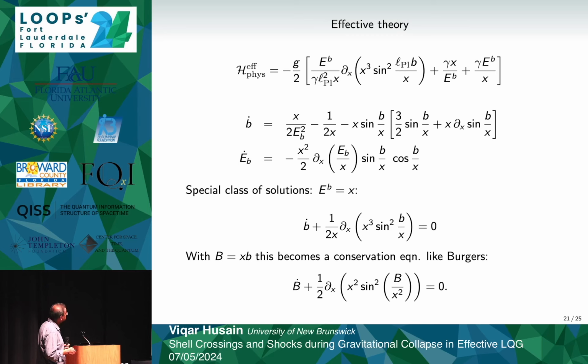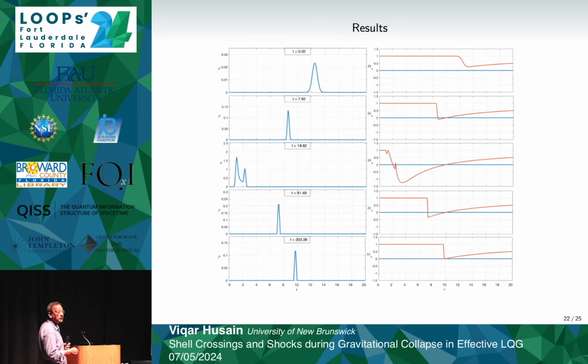Okay. So what did we find? So again, just to emphasize, we're focusing now on the bottom equation here, which is a particular class of solutions to these effective theory equations in the gauge choices that I made. Okay, so here are the results. This is one particular result. We can take different types of initial data.